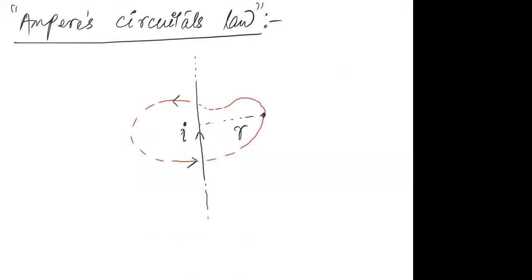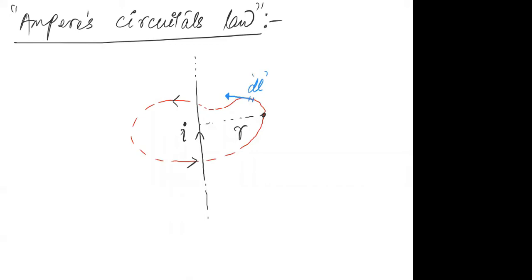Try to understand. We have first taken the loop. We have assumed a direction for the magnetic field. Now what we do is take a small element of the loop in the tangential direction. Again, I'm repeating: we take a tangential element, meaning an element of the loop taken in the direction of the magnetic field.